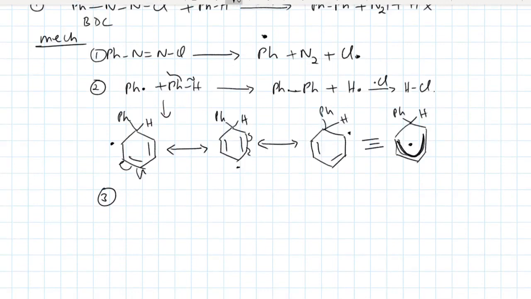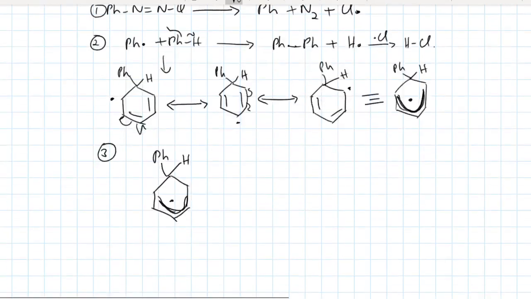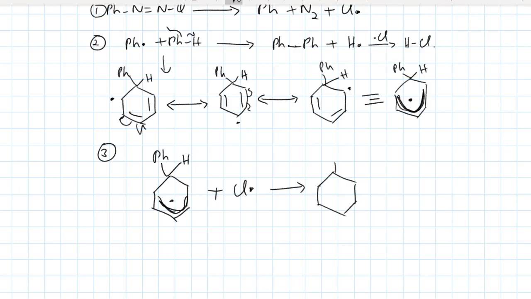Okay, and the chain termination is the third step that takes place. Chain termination is when you have this compound stabilized like this, not exactly resonance but delocalized electrons, the free radical electron, plus the Cl dot that is formed here. This will produce the final product like this. You get the diphenyl or biphenyl, that is aromatization of the aromatic compounds, plus HX.